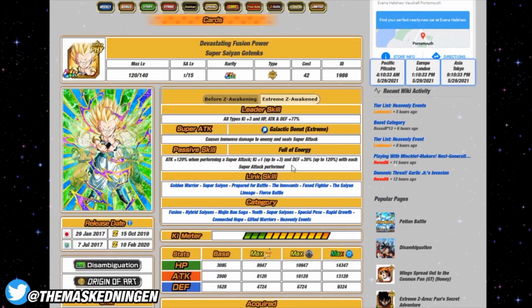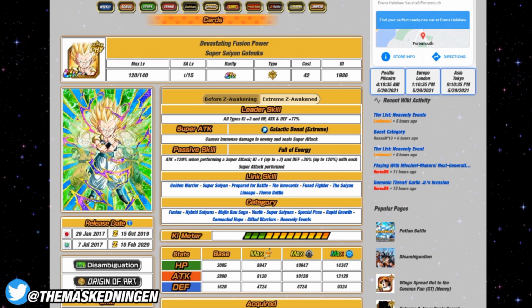And then last up, I thought we'd give an honourable mention to the physical Super Saiyan Gotenks. I do think the STR one is slightly better because of his support and his ability to stun. Whereas this guy, he can still be useful because he seals. The only problem is his defense isn't that great, because obviously start of turn on turn 1, he technically has no defense, and it's with each super attack he gets 30% defense. So on turn 1, you obviously don't want to put him in slot 1,